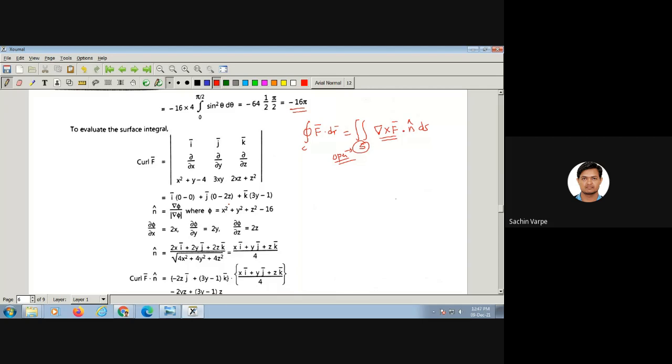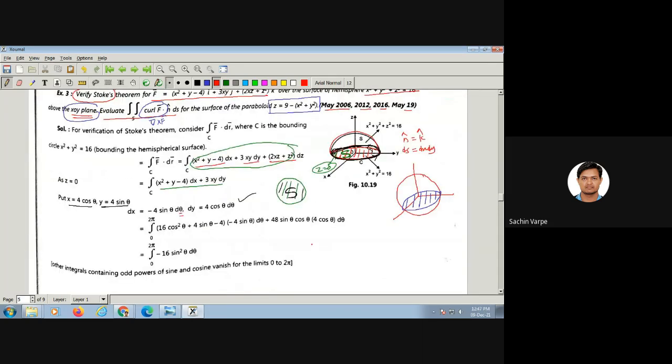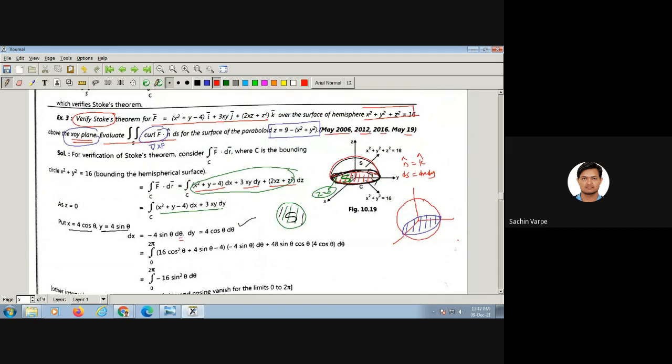But now here the problem is, we don't know whether that hemisphere is... I'm sorry, actually I've explained that the circle is on the xy plane. That is not the case actually. That circle may be in the xy plane, may not be, right? So n cap cannot be xy.